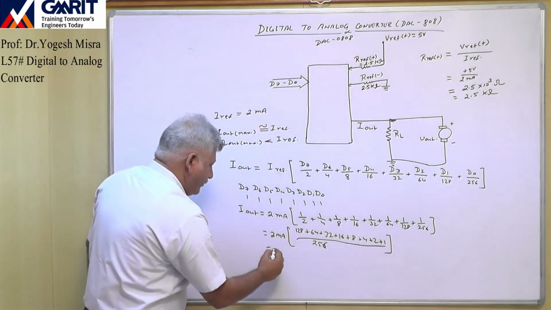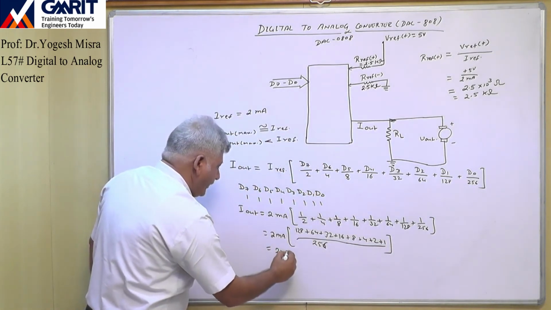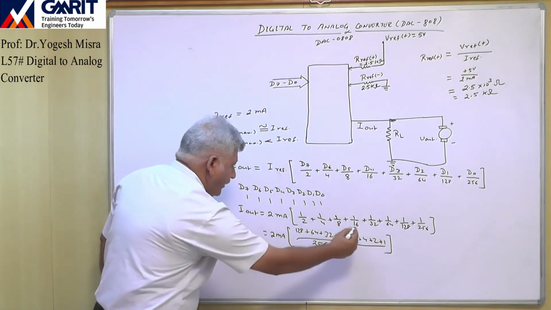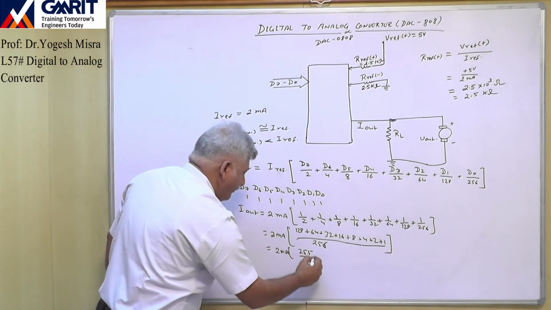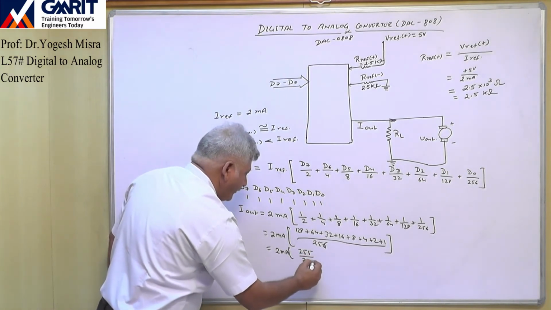So this will be equal to 2 milliampere multiplied by, if you add all of these, 255 divided by 256,